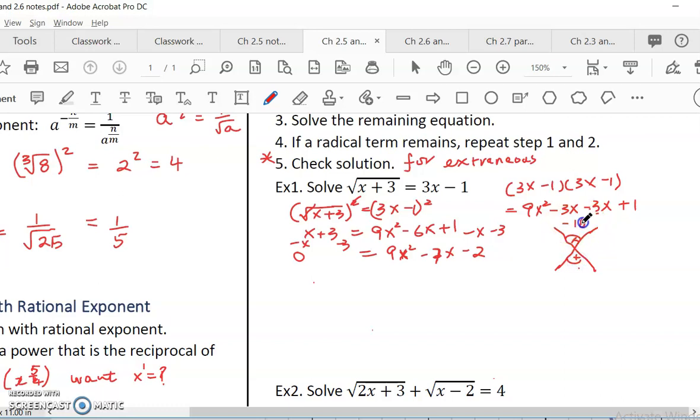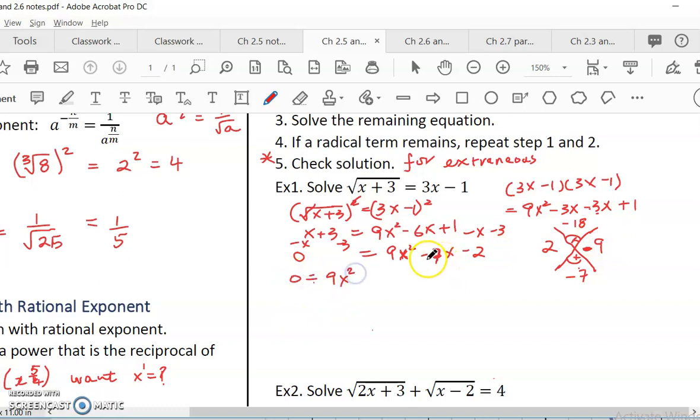Negative 18, 7, negative 7. What two numbers multiply to negative 18 and add to negative 7? It's 2 and 9, right? But I want negative 7, so it's here. But this is not the factor, it is for grouping. So 0 equals 9x squared